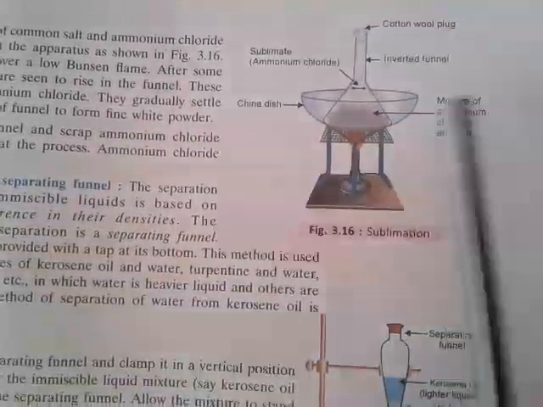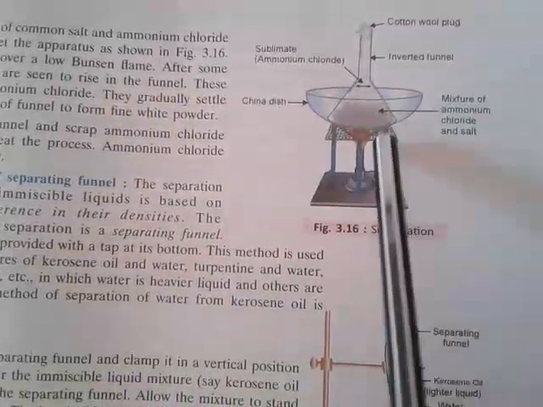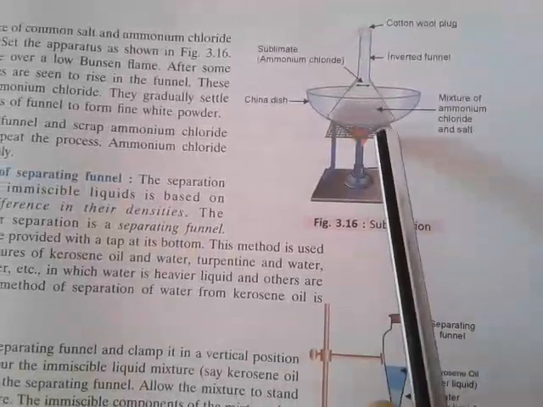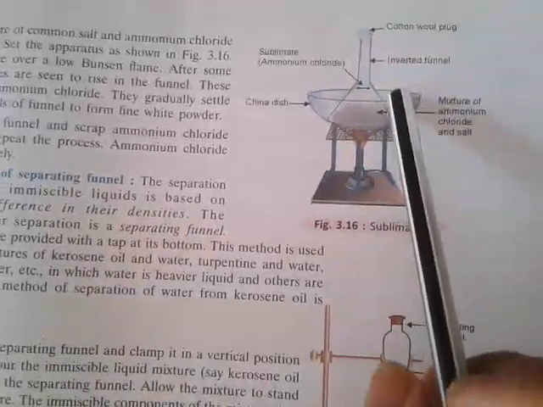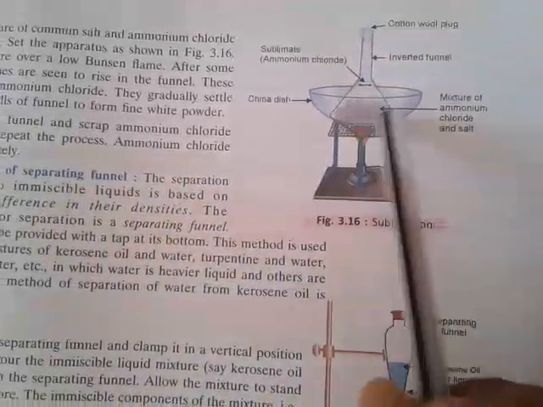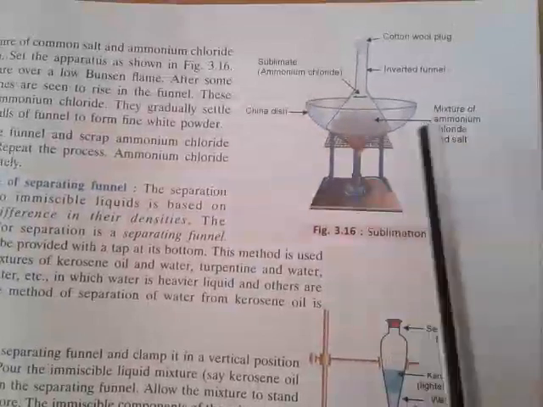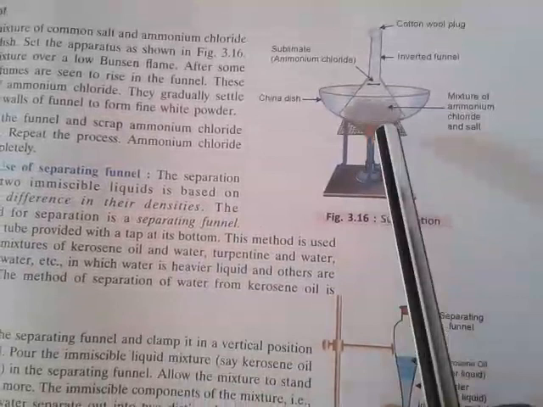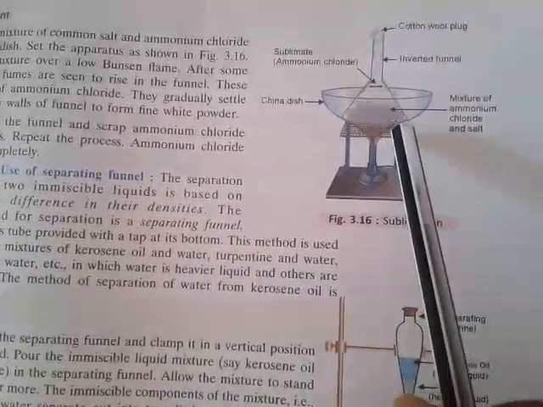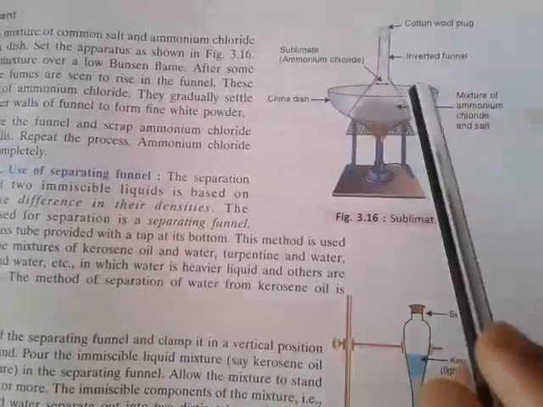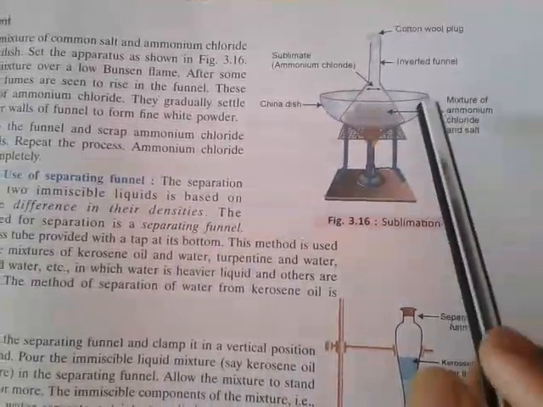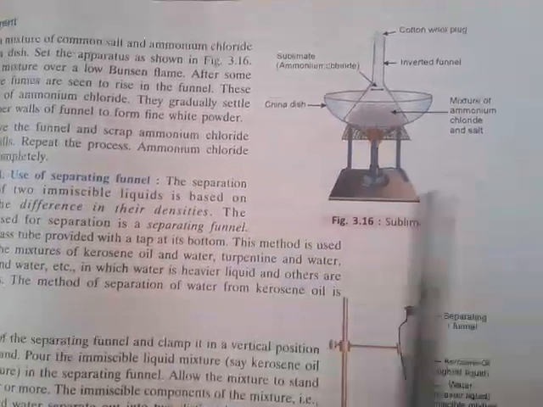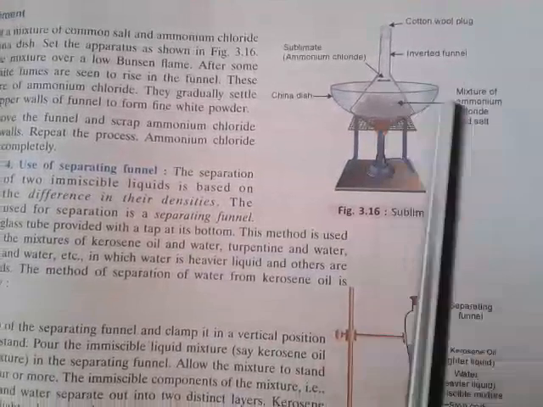The main thing is we use this whenever one sublimating compound as well as one normal salt is there. Then by repeatedly doing this process, we can easily separate the two things, because ammonium chloride has a white color texture and sodium chloride also has a white color texture. It is very difficult to separate them when they are mixed together, because they are white, their texture is the same, and they are also crystals. So that time we will use this process.